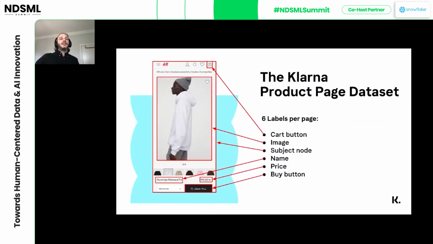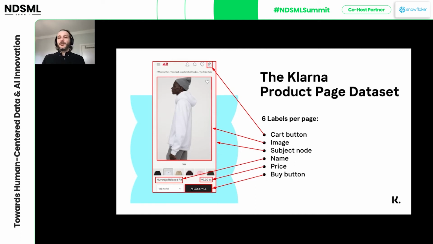So let's look at what a single data point in this dataset looks like. In our case, what does a product page look like, and what labels can we find? Looking at this example page, the pages themselves generally contain 5 labels for each product page, chosen in such a way so as to offer a good balance between diversity of prediction tasks and real-world use case scenarios. The tasks covered here are classification of action elements. In our case, we have the buy and the go to cart button, and information retrieval, where we look at